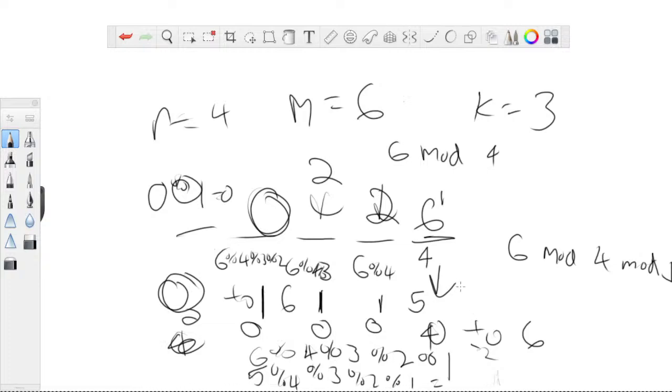So that was 2. That was 4. So now we have 1. No, we have 3. So 3 mod 4 is 3. 3 mod 3 is 0. 0 mod 2 is 0. 0 mod 1 is 0. So we have 0. Oh, we have 3 here. We want 3 distinct values. So we have 0, 3, 0. Okay, well, let's